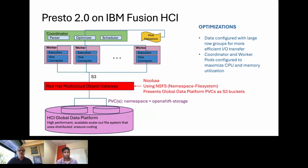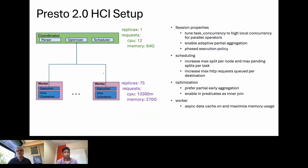In terms of setup, we have only chosen one coordinator, and we have 75 pods. Per pod, we have one Prestissimo worker. We have 13.3 cores per pod, which brings us roughly to around 1,000 cores total for the benchmarking work. There's a couple of